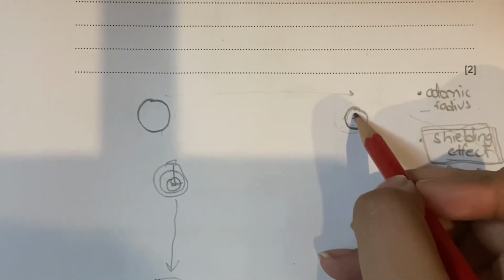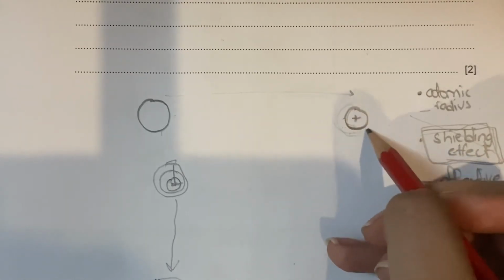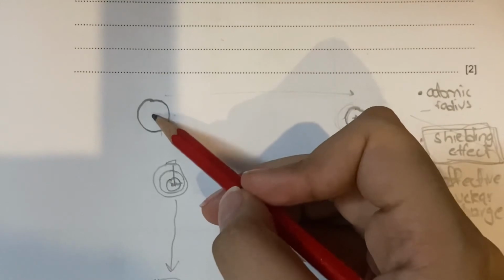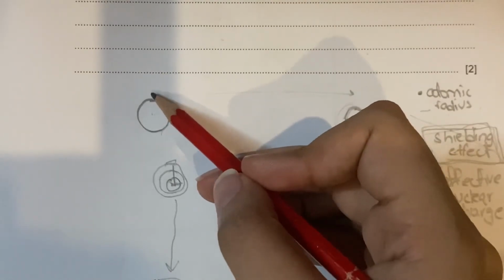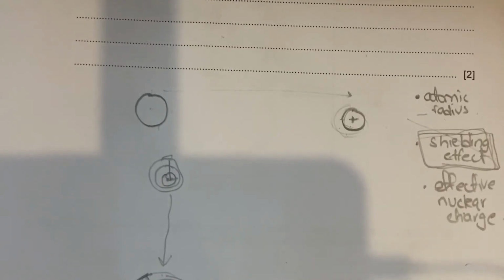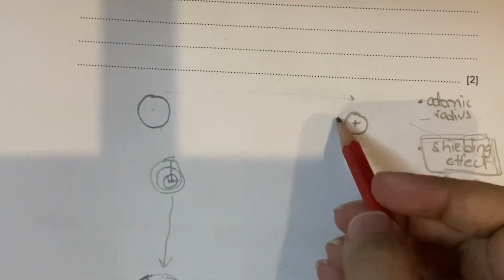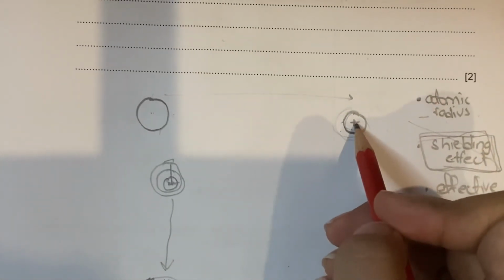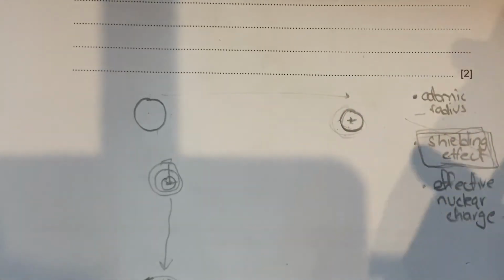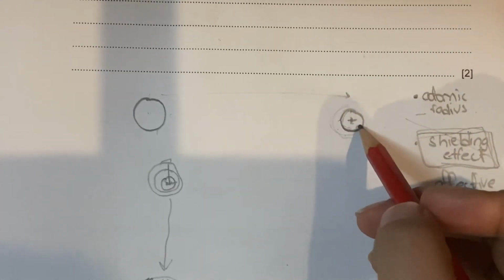So this atomic radius decreases as compared to this, which has lesser electrons in its valence shell. So the nucleus does not have much attraction. All right, so this atomic radius decreases because the effective nuclear charge increases, and when this happens,